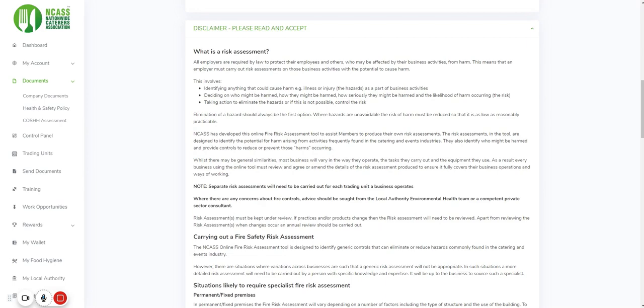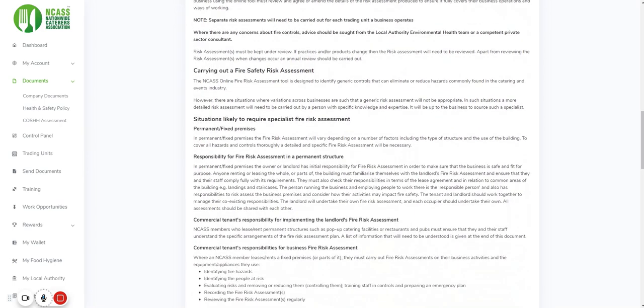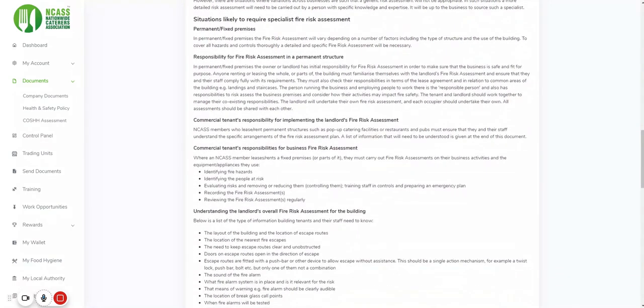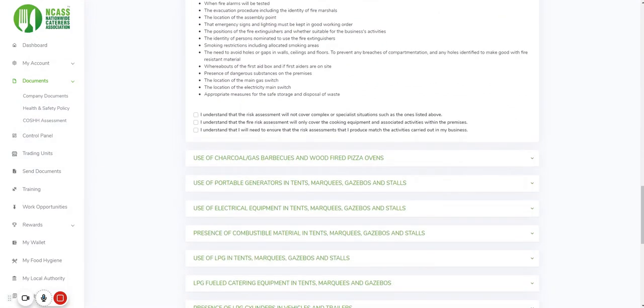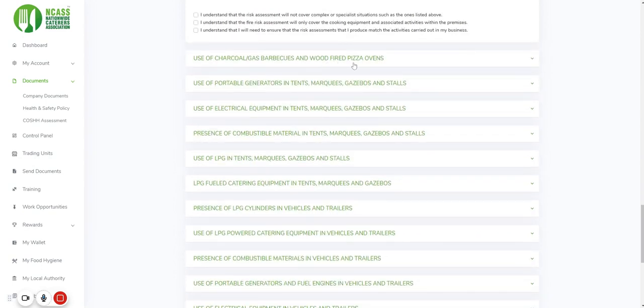This system cannot be used to carry out a full fire risk assessment on your premises. We would recommend that is done in conjunction with your landlord if you rent a premises. And it's certainly worth seeking the support of a specialist fire risk assessment consultancy business. The system is suitable for assessing the fire risk for the equipment within your business. But again, you can see here, it's the same process, the tick boxes, and then you've got different hazards here